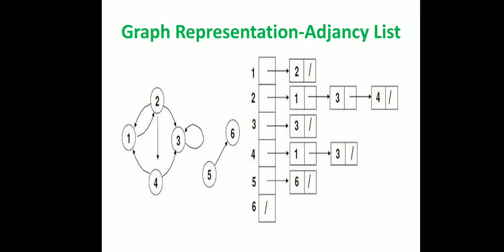Adjacency list means you have to write the first node and then write in the form of a list which nodes are connected to it. Let's say here for node 1 only node 2 is connected. So you have to show that 1 is connected to 2 only. In case of 2, it is connected to 1, 3 and 4. So I am writing that 2 is connected to 1, 3 and 4. As node number 6 is not connected to anyone, I will not show anything for it. In this way also you can represent a graph in the form of an adjacency list.